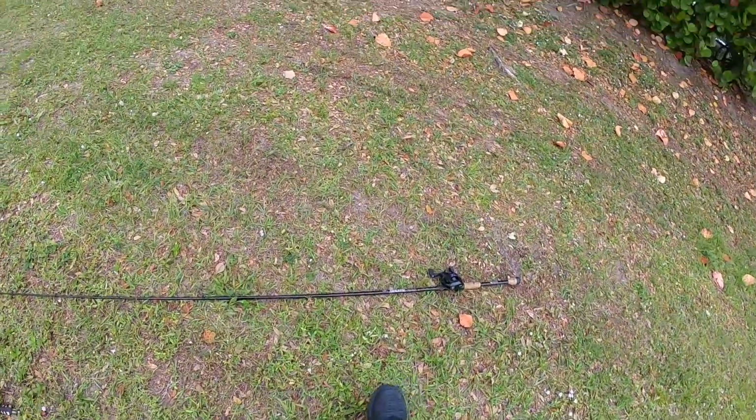Oh my God. Okay, so 3 casts in, already caught a nice bass on the hollow body duck. And I thought we were gonna have to work a little harder to prove that this bait was gonna work, but I guess it really does. So one reason I am not super surprised that it does. So I have fished this canal a few times, and actually fished it a handful of times while not filming at all, just personally coming out, enjoying some fishing, and have caught some nice bass in here,